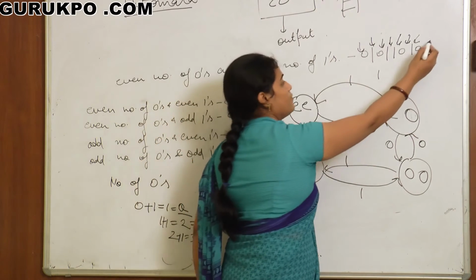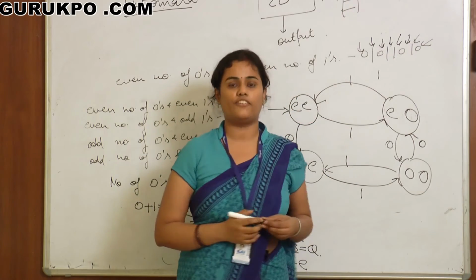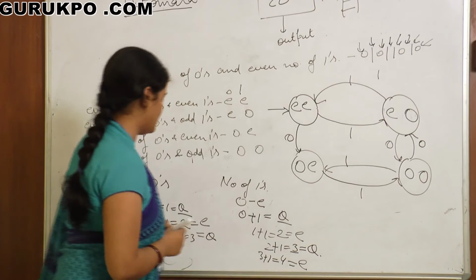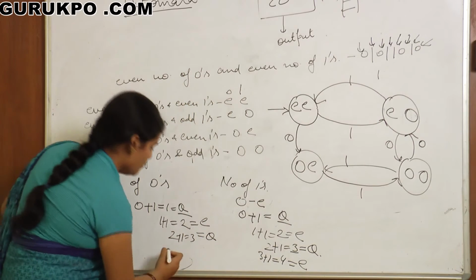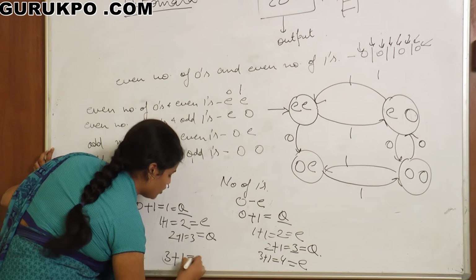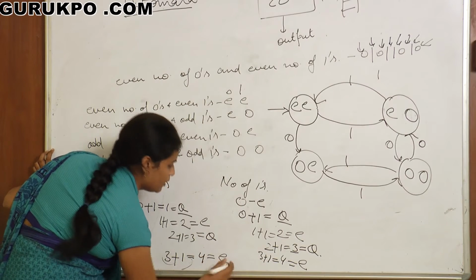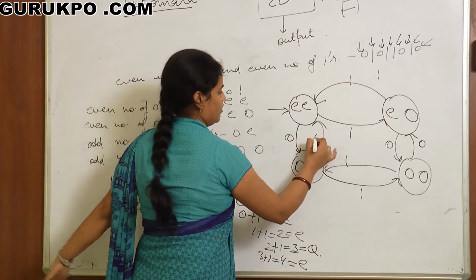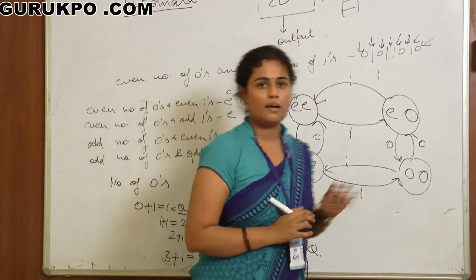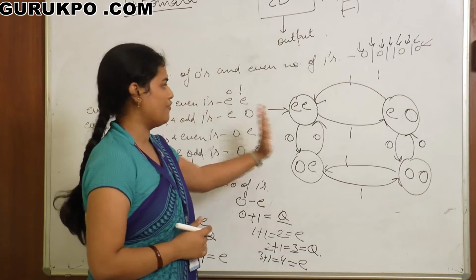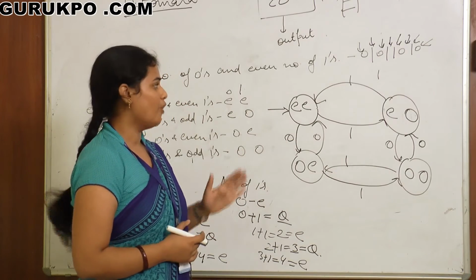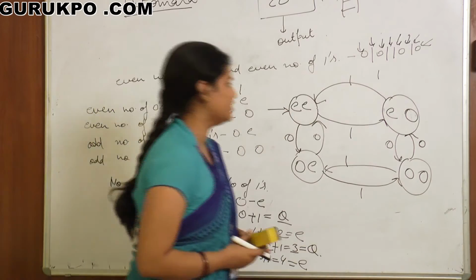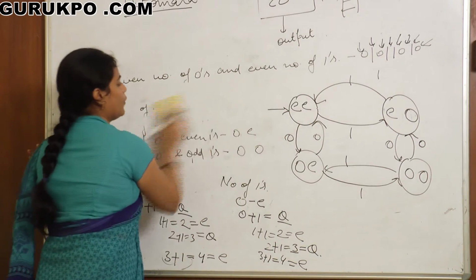And now, when machine reads the last digit of the string, 0, in that case what will happen? Machine will go back to the state EE, because we are adding 3 plus 1 is equal to 4, that is an even number. Then we have reached the state EE. Now this is a complete diagram of the states for any string which consists of 0 and 1. This string is only available for 0 and 1.